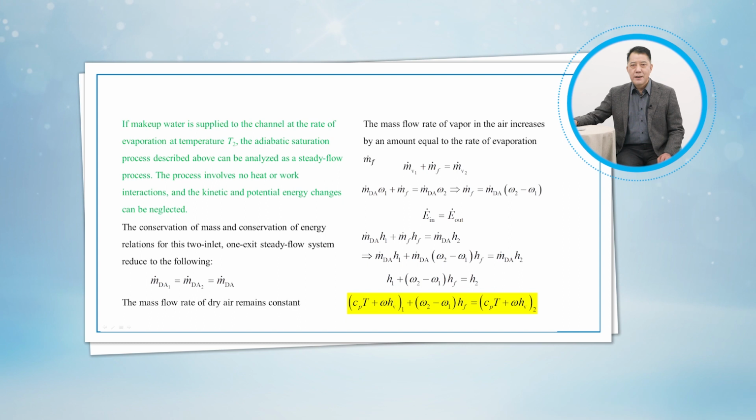The mass balance of this system is: 1. The mass flow rate of dry air remains constant. 2. The mass flow rate of vapor in the air increases by an amount equal to the rate of evaporation. The energy balance of this system is: